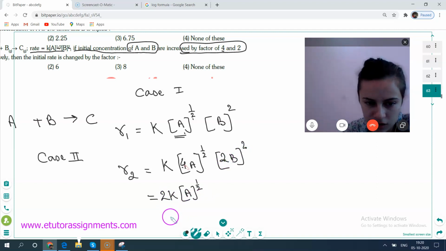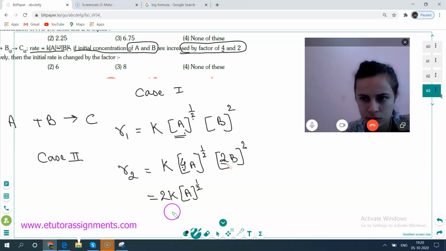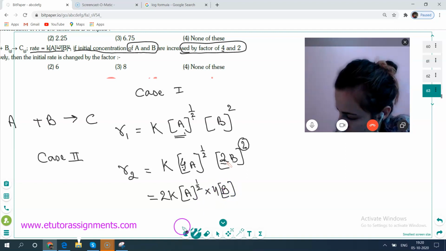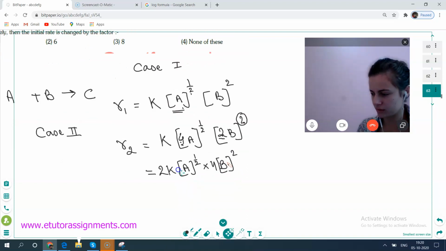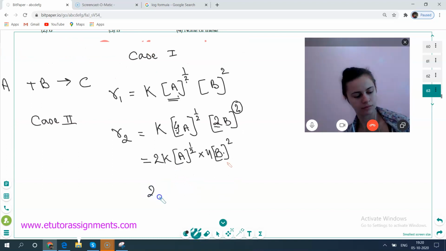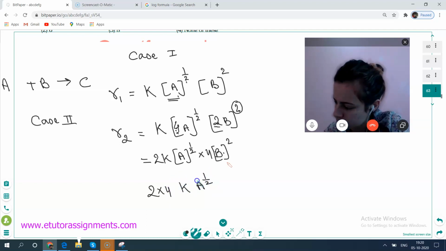Yes, I understand. This one I take out, but this one also is gonna be 2. 2 how you will take out? A square is there na yaar. 2 into 4, 4b. You are not telling the correct thing. Okay, 4. 4 only take out. B square will remain as it is. Yes. So 2 into 4 is equal to 8 into K A power half